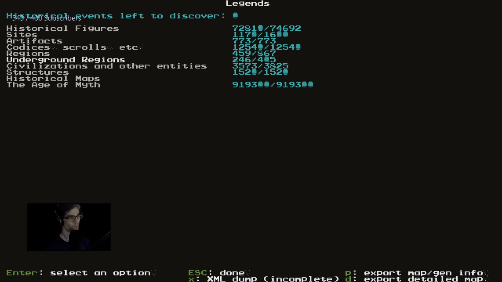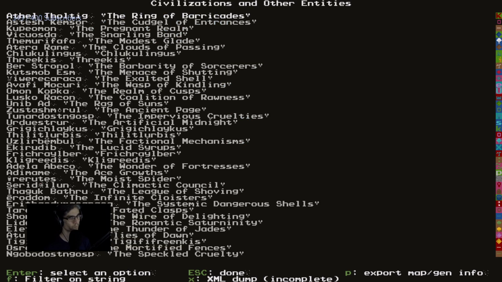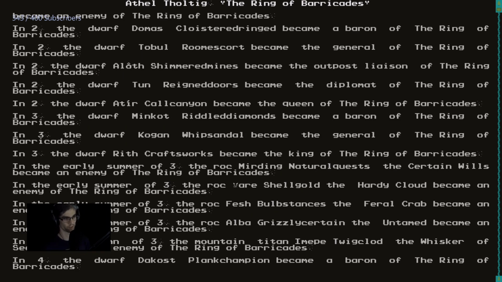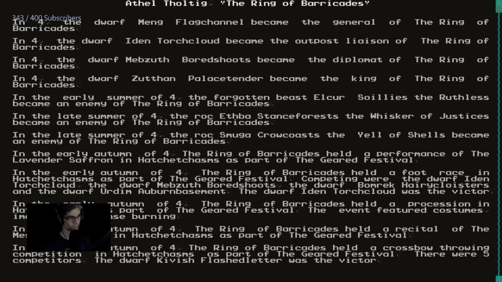Let's just take a peek at civs. That Ring of Barricades. Dwarven civilization of the legendary dimension. The dwarf Stukad Searedoil became the general of the Ring of Barricades. Dwarf Nish Roundedcave became the king of the Ring of Barricades. This might be the faction that we go with, but I don't actually know. The only reason I'm saying these guys might be is because they're a pretty consistent stronghold down to the south. So if we went with these guys, then we could pretty easily